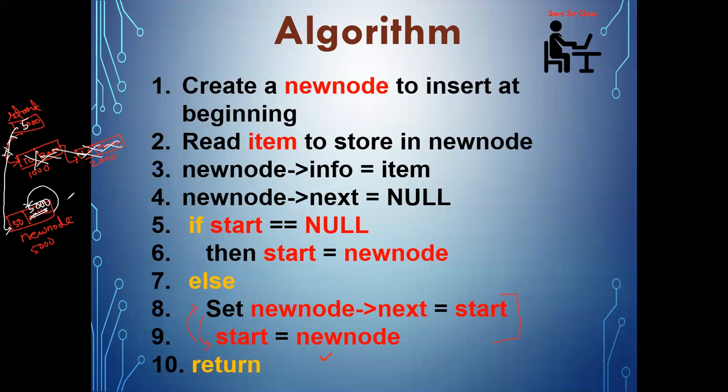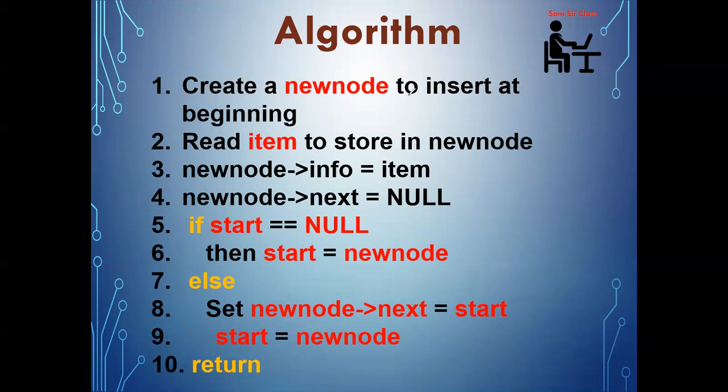So what will happen? This new node will point to itself, and the connection to the rest of the list will be deleted. Okay. So that means whenever I need to insert a new node at the beginning, first of all, I have to connect the rest of the list with the new one, because I need to update the start variable. And once I update the start, I'll never get the address of the rest of the list. So first I have to connect the rest of the list with the new one, and then I need to update the start. Otherwise you may face the problem of disconnection of the list.